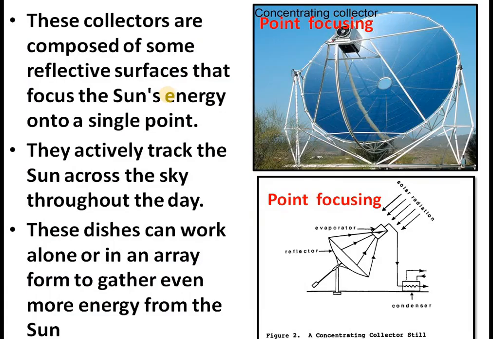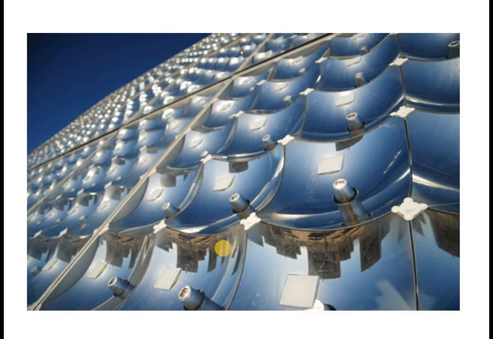So that is also there. So this is one typical such unit. There may be thousands of such units in an array. By this way you can collect a huge amount of heat energy, which can be used for various industrial level applications, like producing electricity, or in mills for drying various grains, food grains, etc. So that is another application.